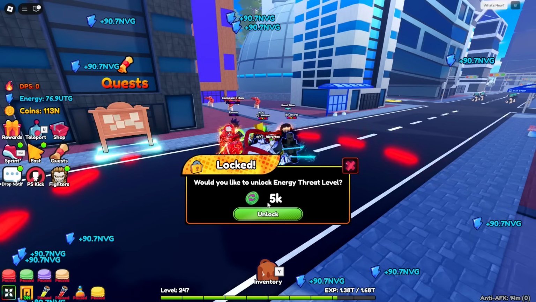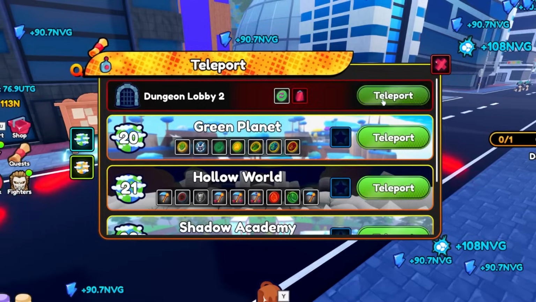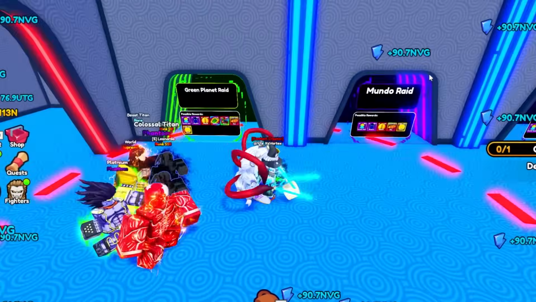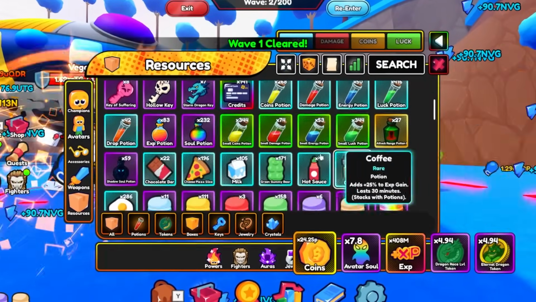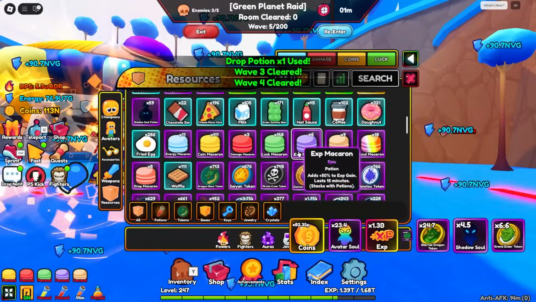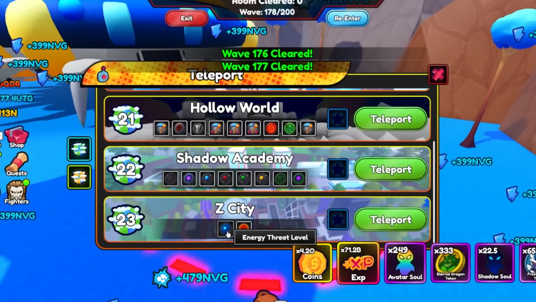And in my case, unfortunately, I don't have enough exchange tokens just yet, so we're gonna go over to the dungeon lobby 2 because we're gonna run the green planet raid one time, and this should give us enough tokens. Let me make sure I do use a draw potion though, and this should give us more than enough tokens to be fine. All right, we're back, and we now should have enough tokens so we can purchase at least